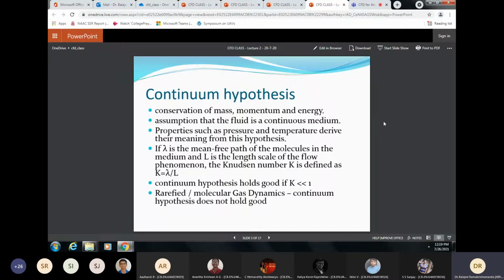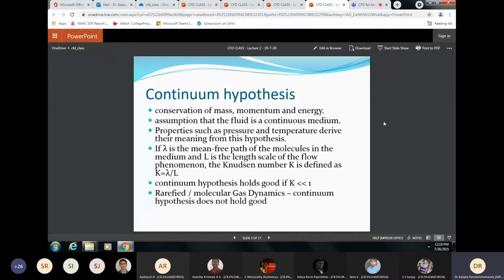Then you want to study what happens inside a shock layer. So there, the shock thickness is the length scale of the flow phenomenon. So now for this, we define